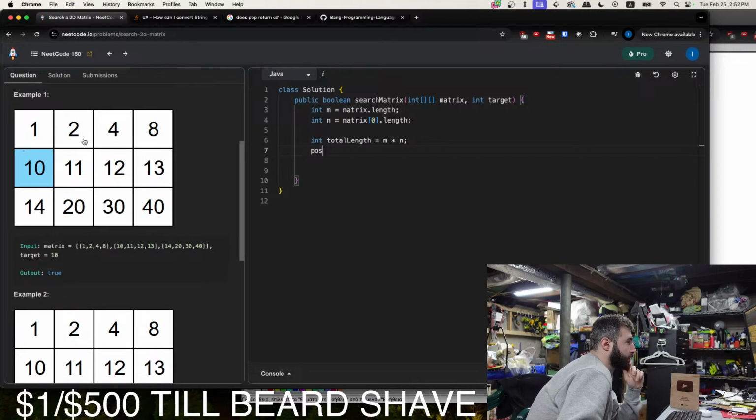So say we want position 3. To convert that into coordinates, it would be 0, 1, 2, 3. Okay, so I'm sort of seeing how this can work.